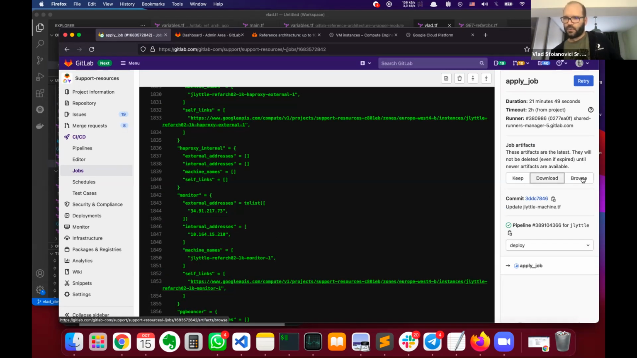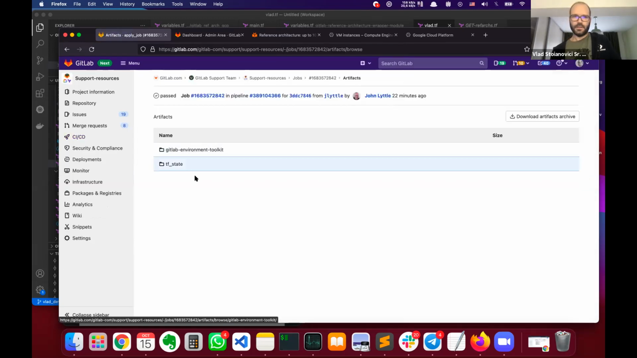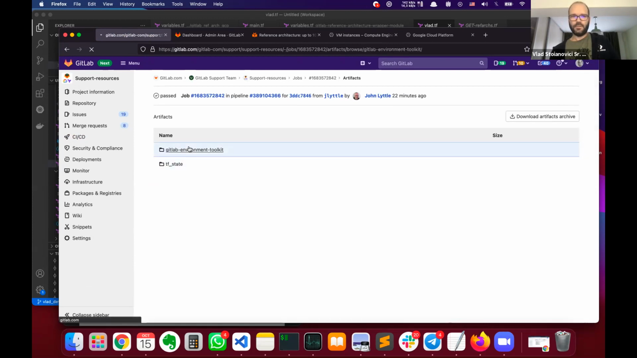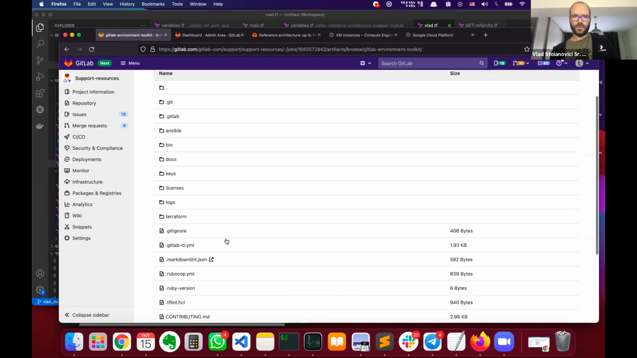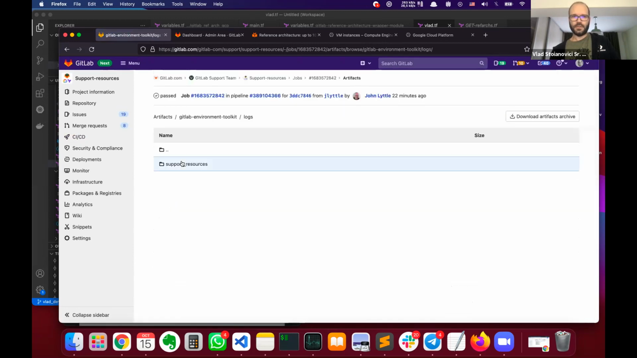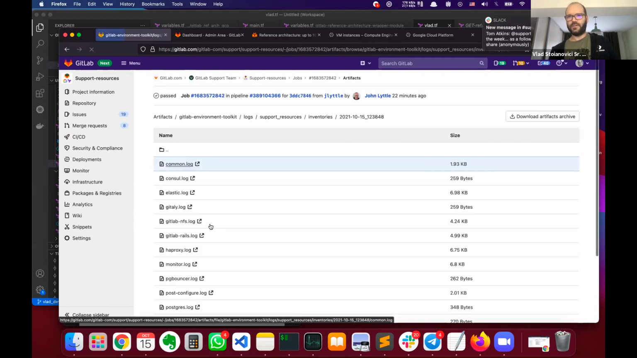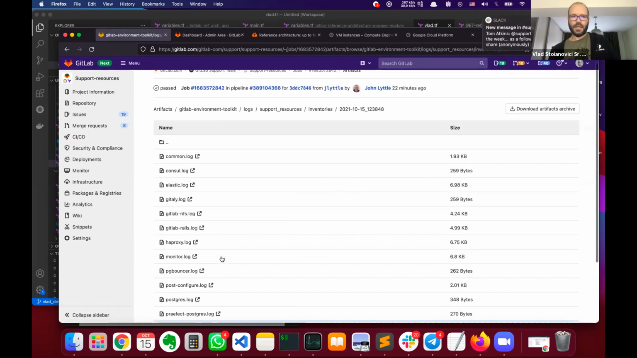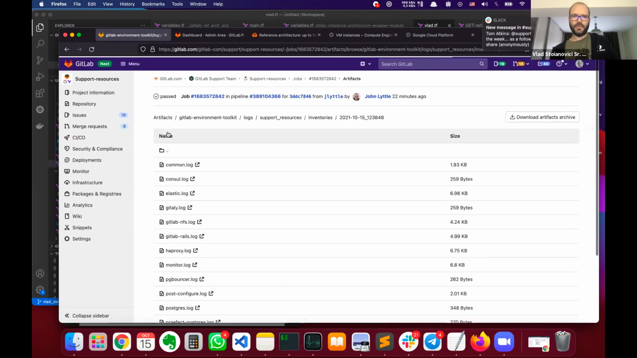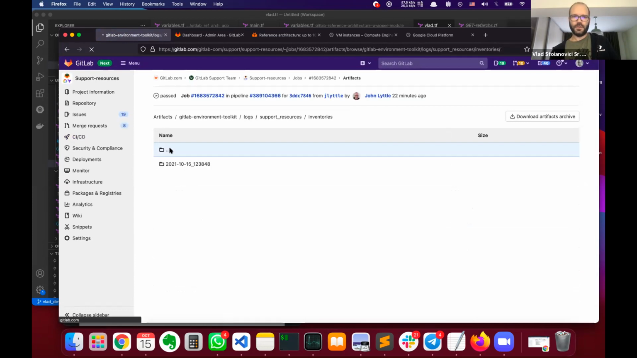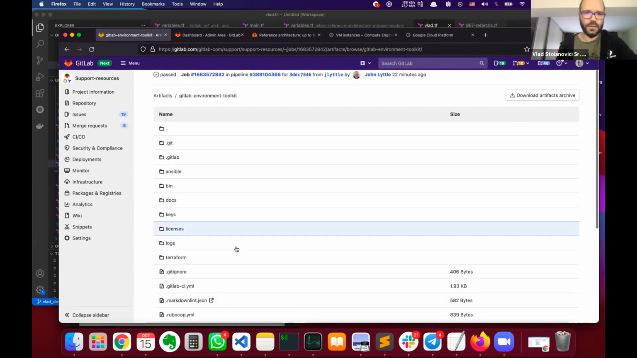What I wanted to look at is this stuff. So you will have Gitlab-Environment-Toolkit and TF state. And if you go in here, you'll also have the logs to look at if something fails or whatever. If you want to see the structure, you can download this whole directory and